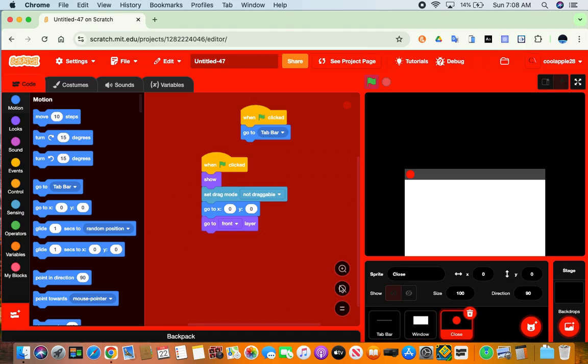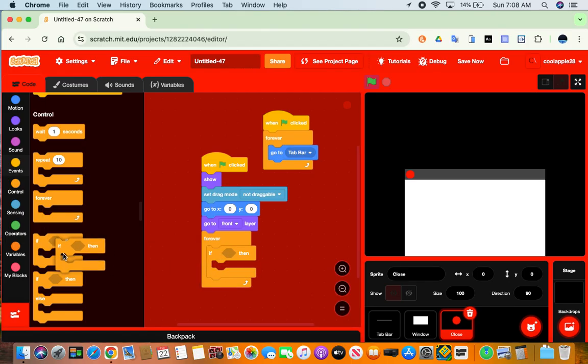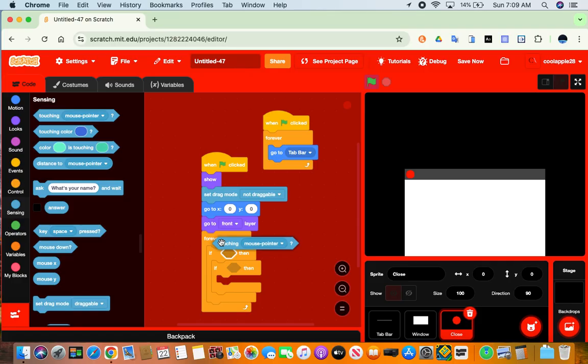So then we're going to want the forever block in there. Bam. Go to front layer, and then we're going to put forever, if then, and then we're going to want to go to touching mouse pointer,